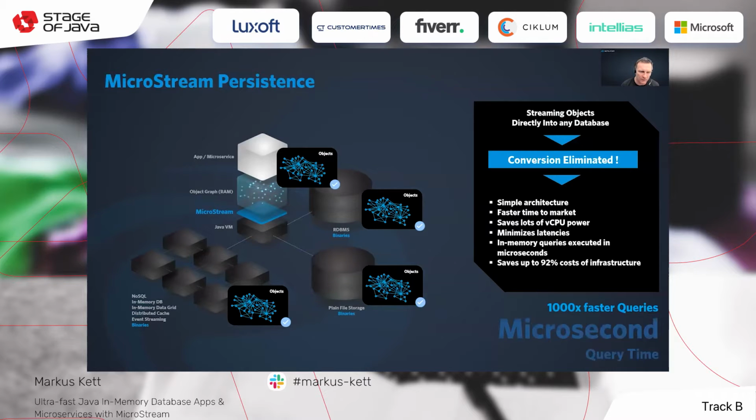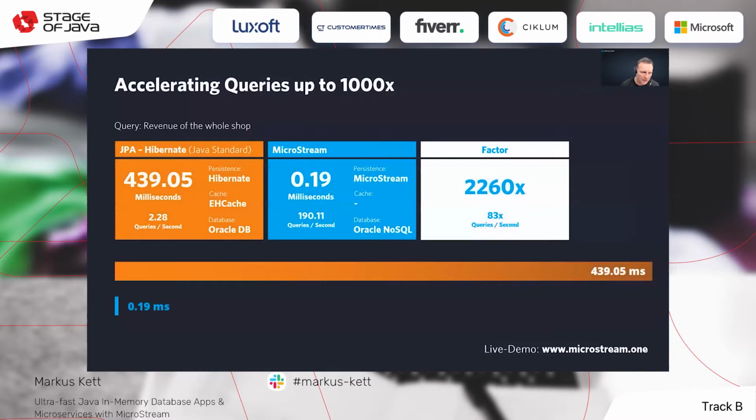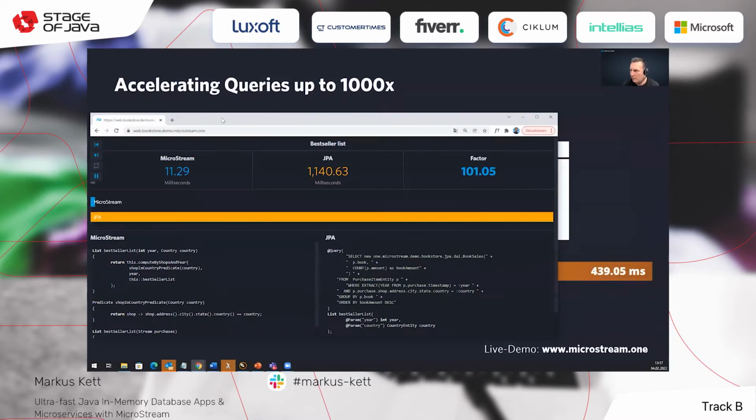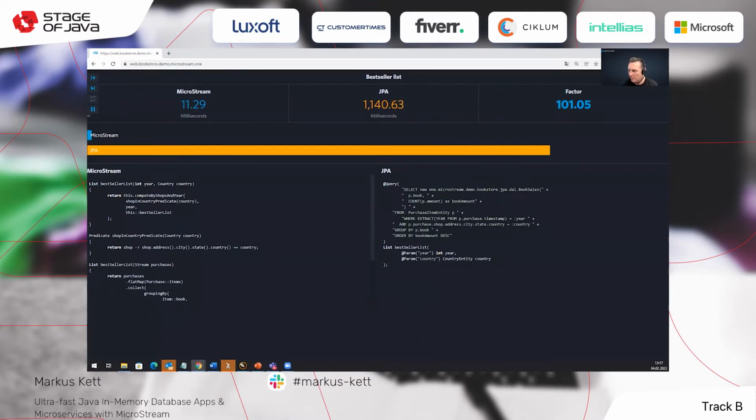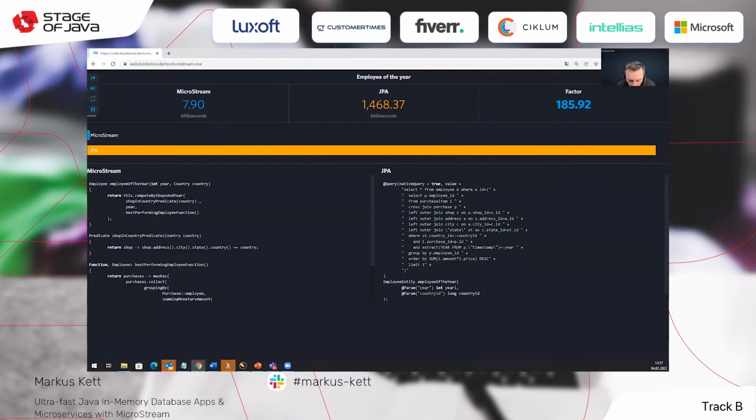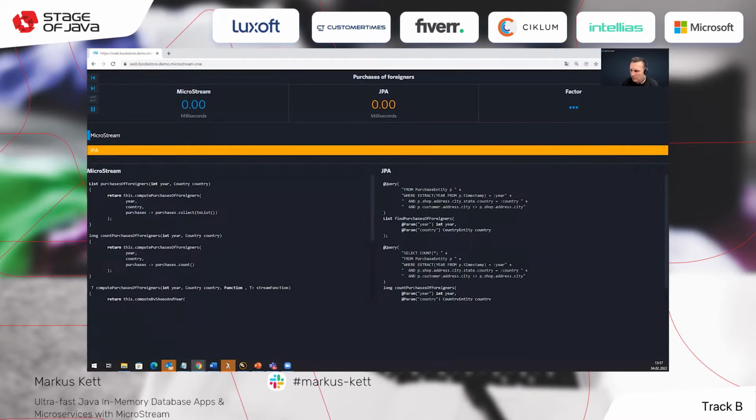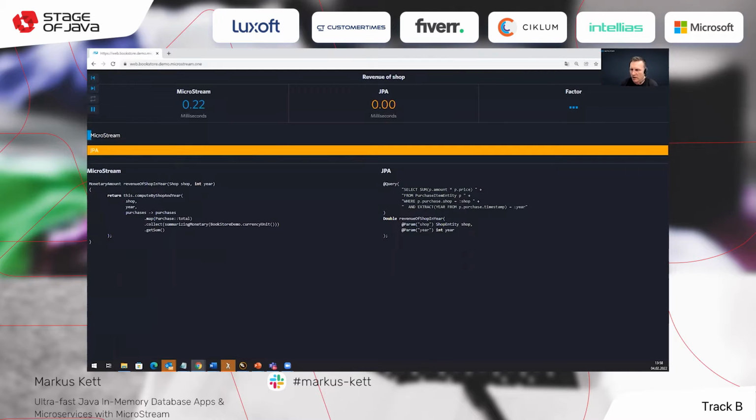So if you cannot believe that performance, we have a performance demo here. Here we have two applications running in parallel. One application is built with Hibernate and a cache, so we have a hot cache here.